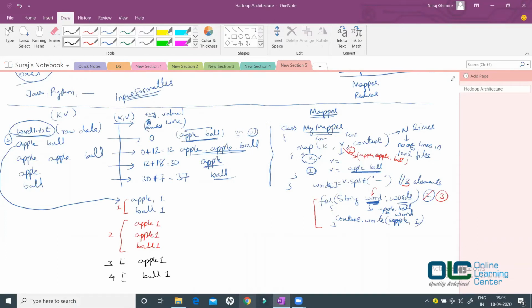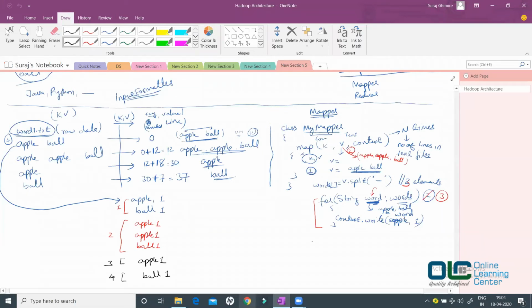So this is what we have learned so far, that whatever raw data you get, whatever file you get, each line of these files is converted into key value pair, and then each line is going to your mapper map method, and in your mapper map method you will write some logic to see what you want to send to the next level.